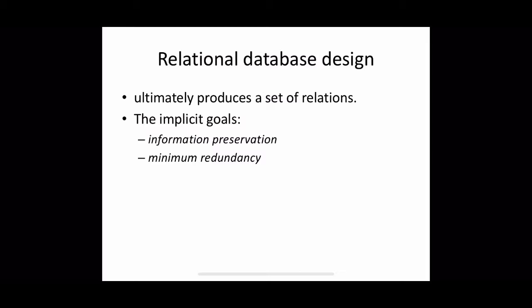In a bit more detail, information preservation is mainly about maintaining all concepts like attribute types, entity types, and relationship types. All those concepts which were originally captured in the conceptual design, the ER model, should be there even after all the steps of this relational database design. And minimizing redundancy means minimizing redundant storage.